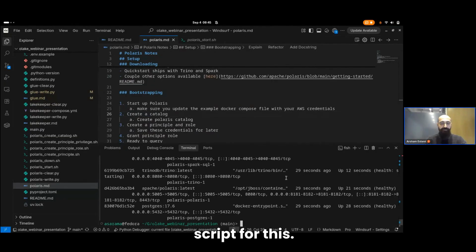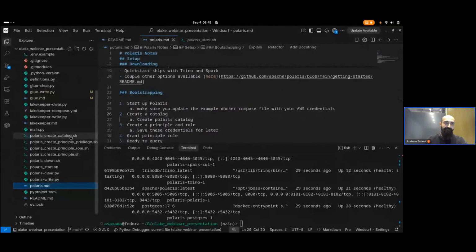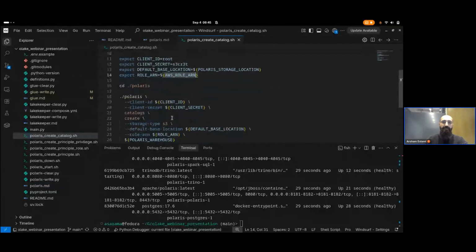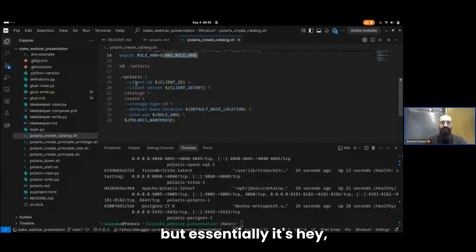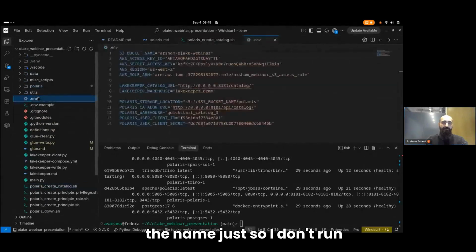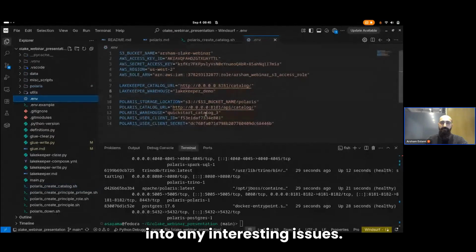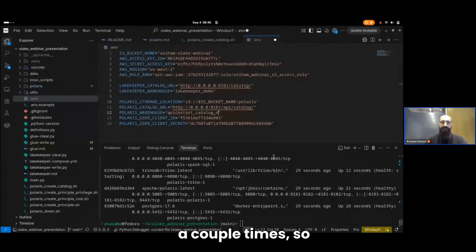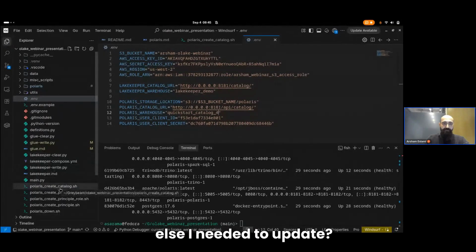I have another script for this. It uses some Polaris commands, but essentially it's, hey, here's some secret, create a catalog, give it some name. I think I'm going to change the name just so I don't run into any interesting issues. Clearly, I've done this a couple times, so we'll call it Quick Start Catalog 4. Is there anything else I needed to update?